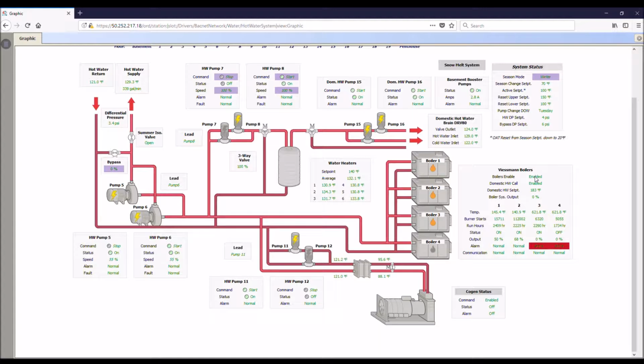It's really just the set point we're giving them, whether it's lower than the current temperature or not. At that point, we enable the boilers and they fire. We really only enable boiler 1. Boiler 1 is the lead boiler, or the master boiler, and our hardwire enables for both the heating and domestic